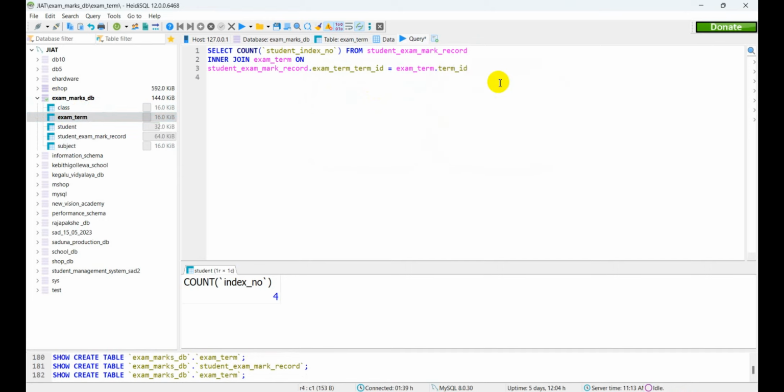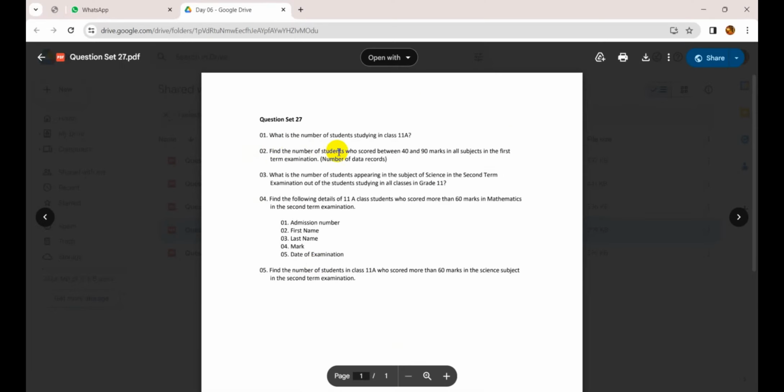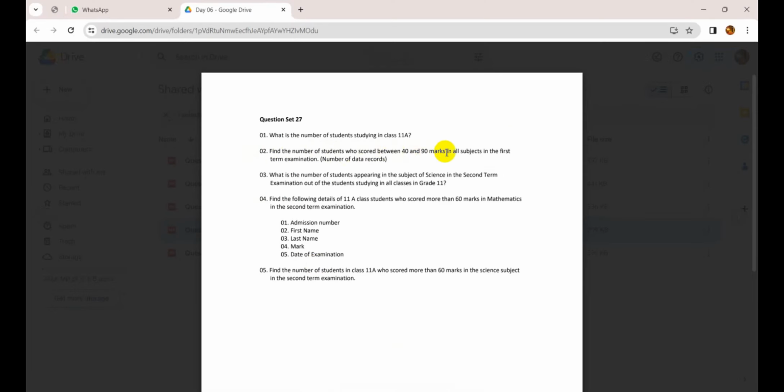After that, in here find the number of students who scored between 40 and 90 marks of all subjects in first term